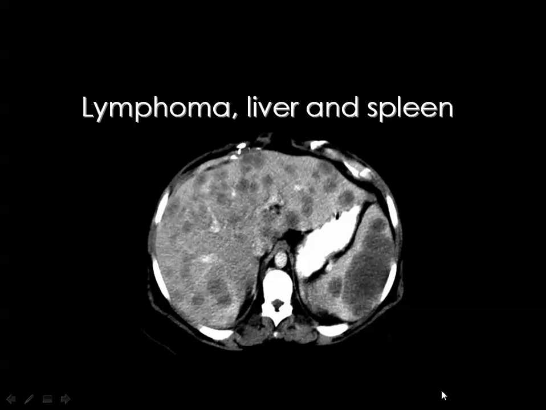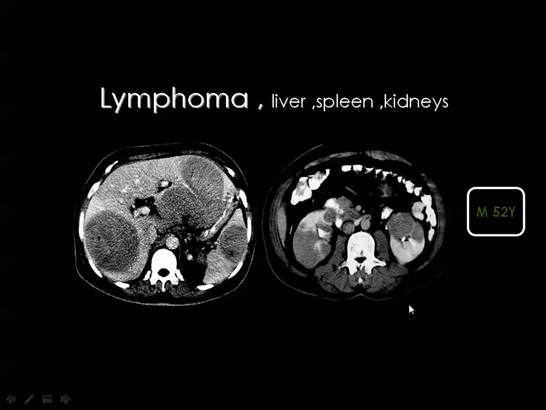And one may ask, if the patient is known to have a primary malignancy, is it possible to have metastasis in the spleen and metastasis in the liver? Yes, it is possible, but you should know first that the patient had a primary malignancy. If you don't know, then the diagnosis of lymphoma is good. And this is the case of